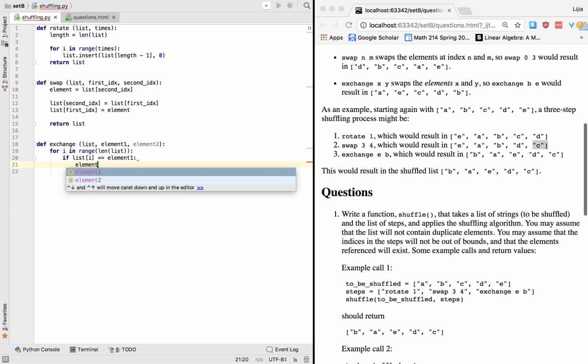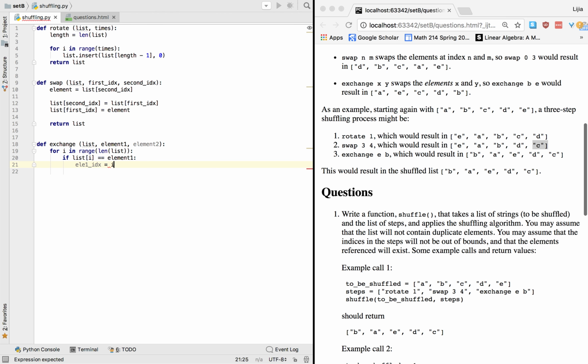Element 1 idx is equal to I, and then if list I is equal to element